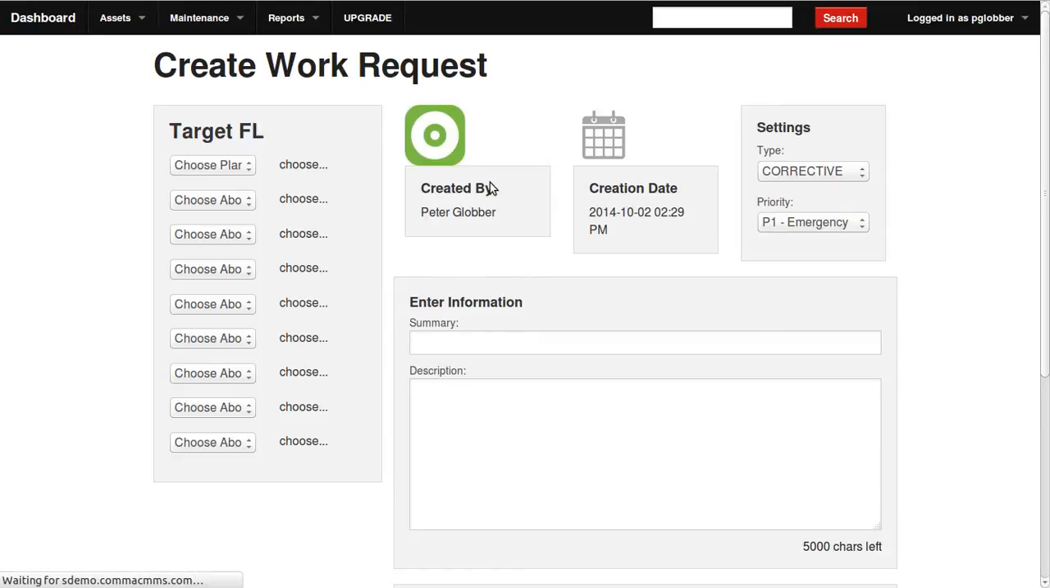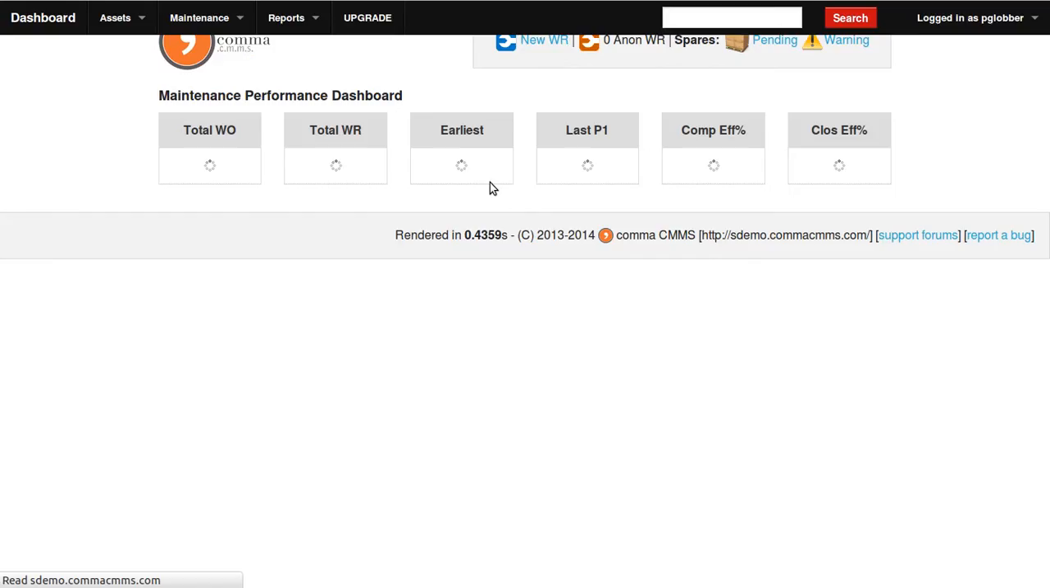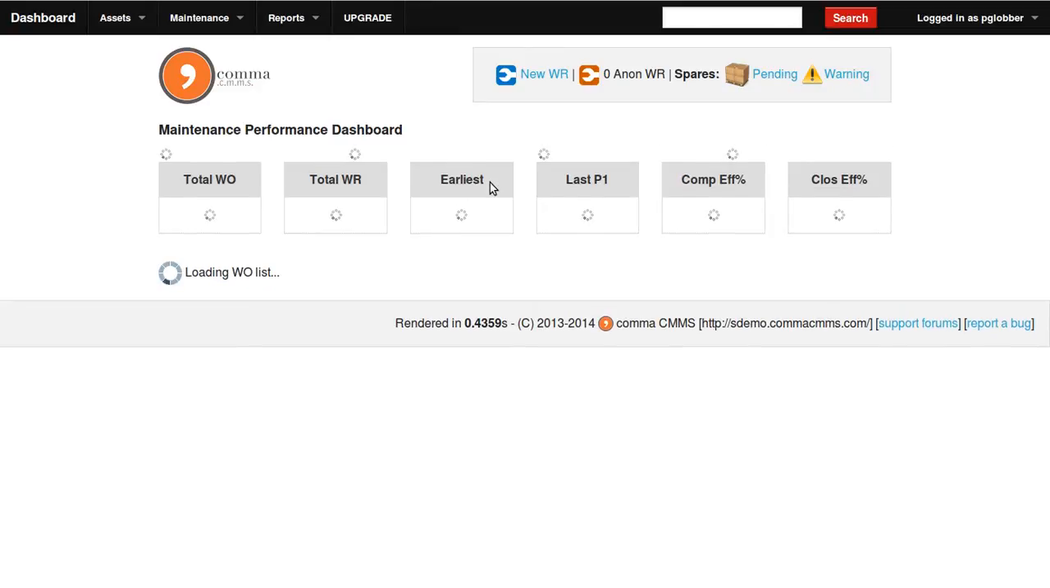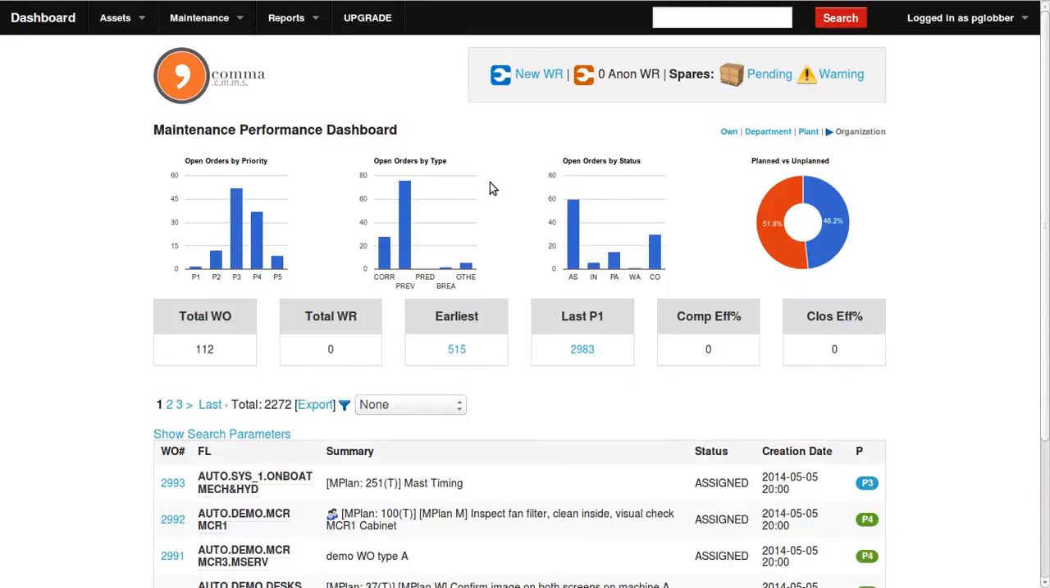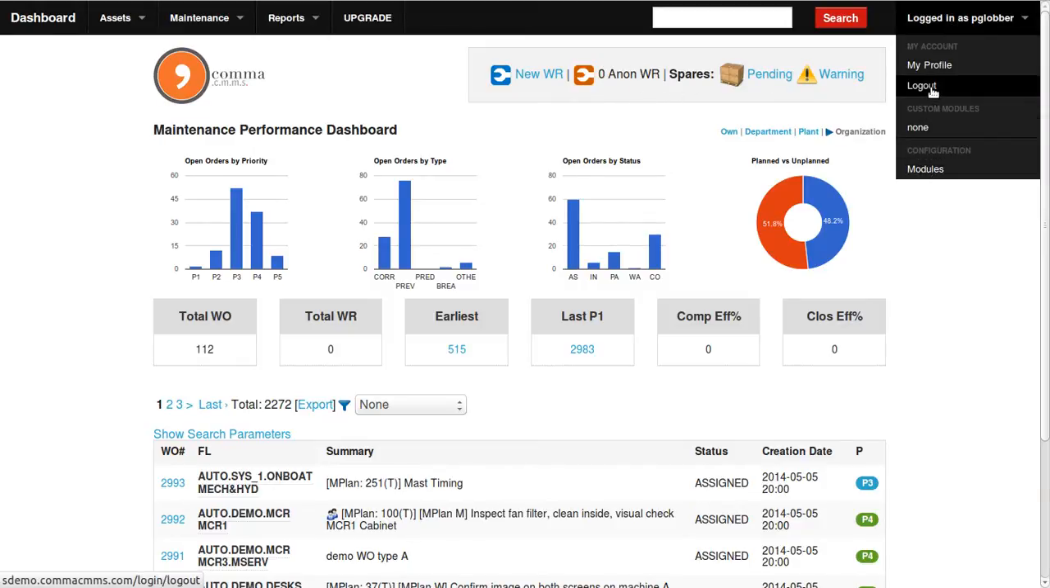But if we are talking about anonymous work requests, we are one step before the creation of a work request inside the system, and this is because of what I said before about security issues, because we are basically dealing with input of information from people that are outside of the system. So let's quickly start by verifying that there are 0 anonymous work requests at the moment. Now I'm going to log out,